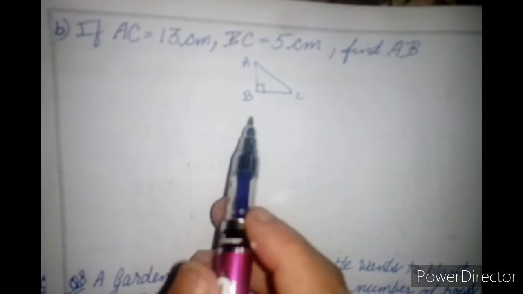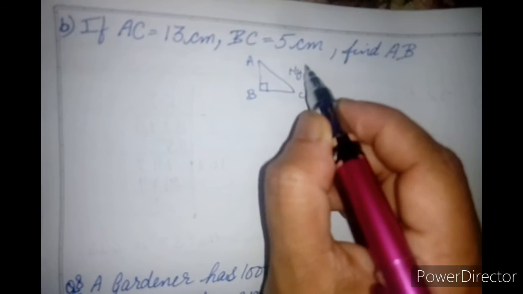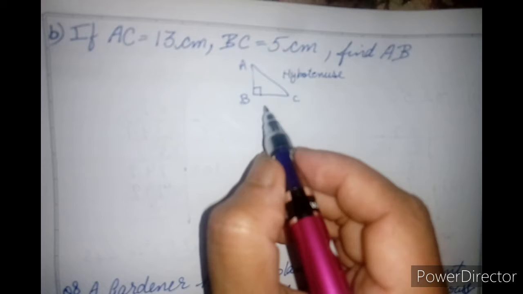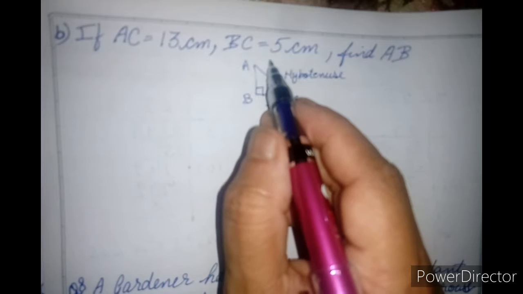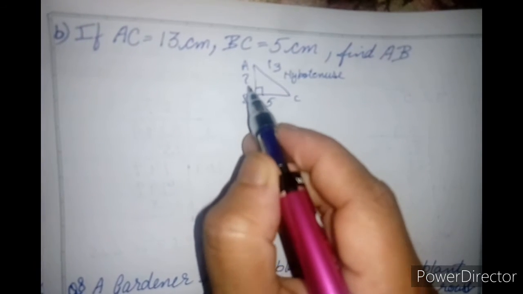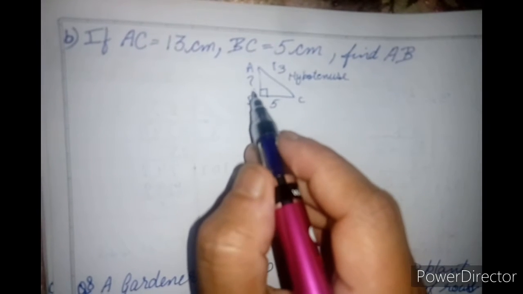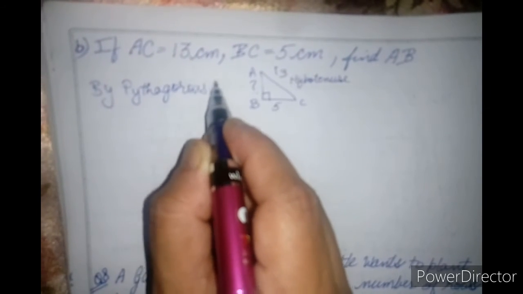Now in B part, again I have taken B right angle, and AC is hypotenuse, the longest side of right angle triangle. BC is given 5 this time, and AC hypotenuse is given 13, and we have to find AB. This side, one of the height, we have to find, perpendicular side. Now by Pythagoras theorem, property you may say,